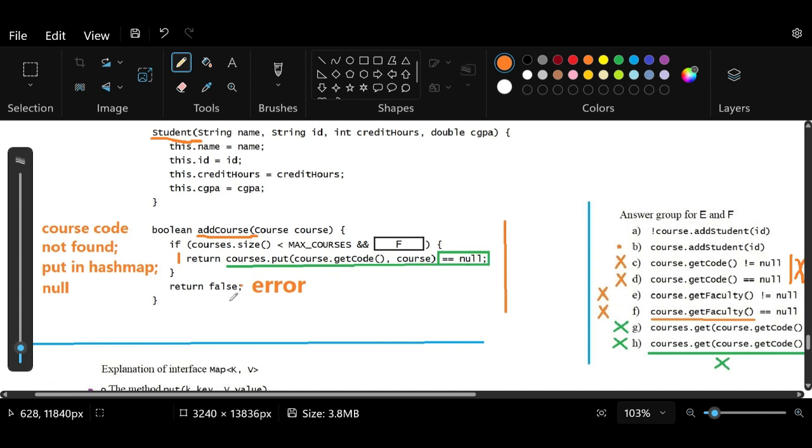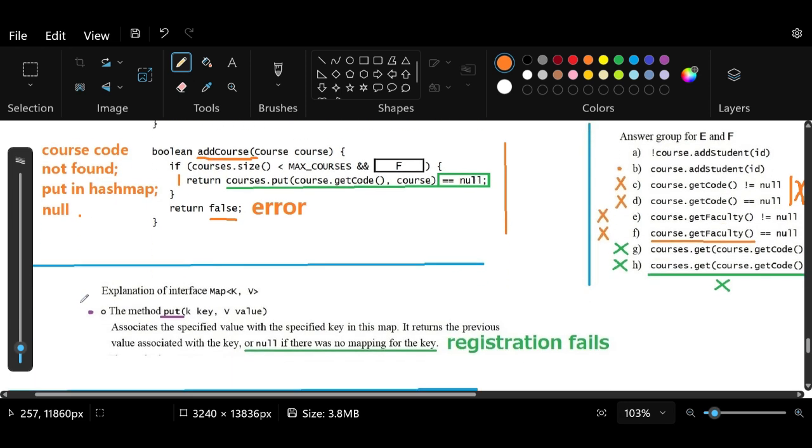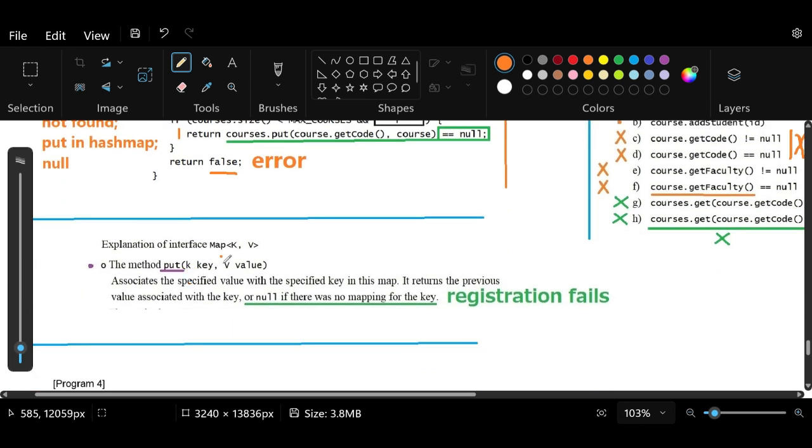Otherwise, we return false. That means that we didn't add the course to the student at all. Now, how did I know this part here? Course code not found, put it in the hash map, and then the output will be null. It's in this part here in the explanation of the interface, the hash map, where you've got a method put,